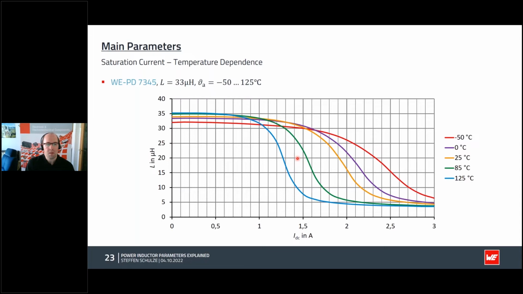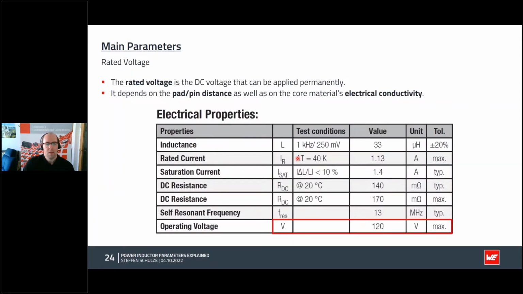So this needs to be taken into account when selecting an inductor for real-world applications. The next parameter is the rated voltage. It's not found everywhere in our datasheets, but we are still working on giving this information in the datasheet as well. Of course, the rated voltage is a DC voltage that can be applied permanently across the inductor